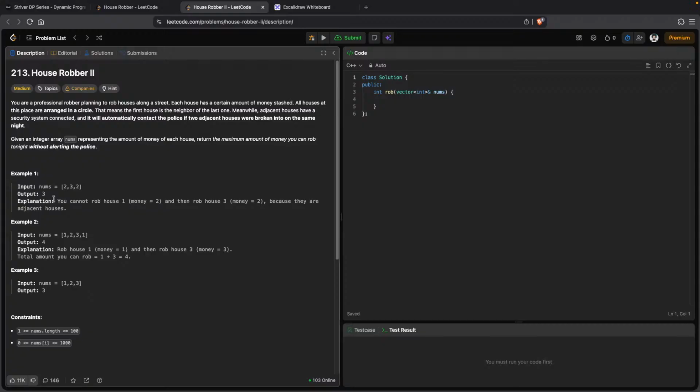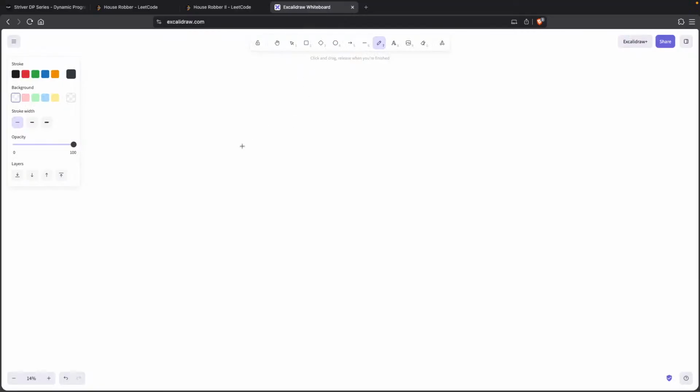That's the nums array, and we are getting output 3. But in the previous question we got the output 4, because